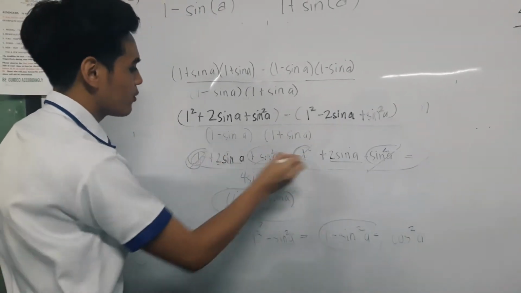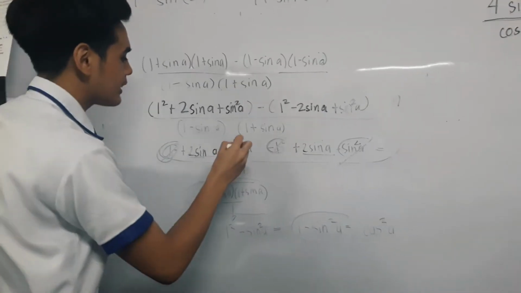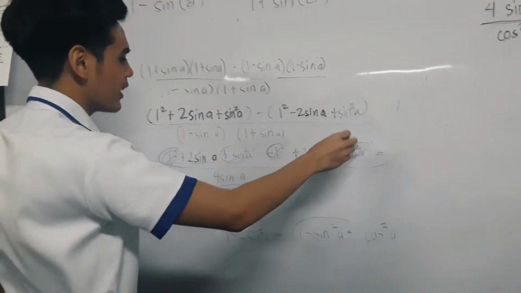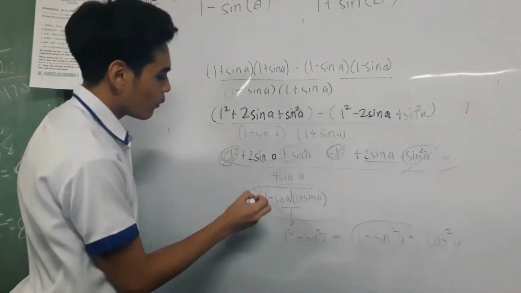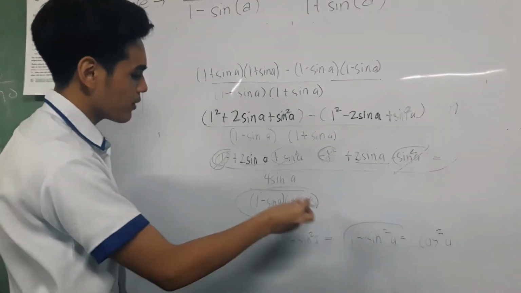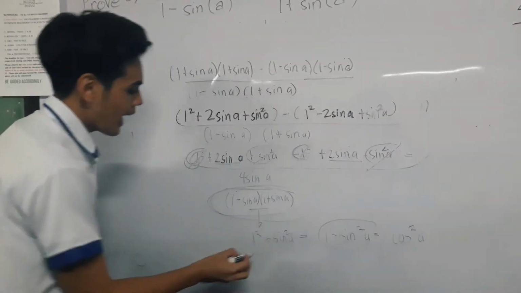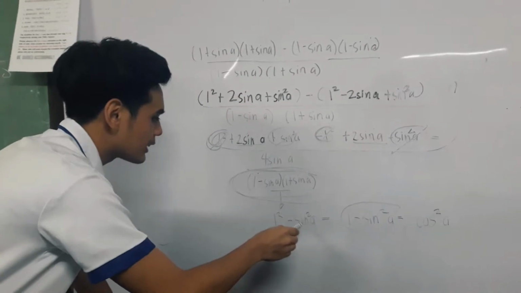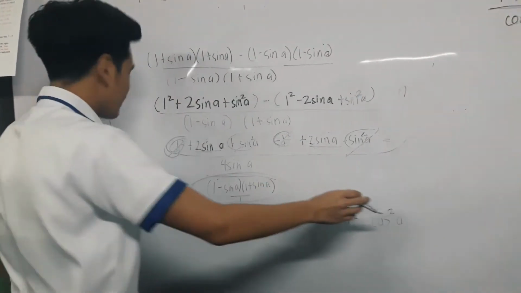So 0, 0, 2 sine A plus 2 sine A, so that's 4 sine A, and sine squared A minus sine squared A is 0. So all we have left is 4 sine A over 1 minus sine A times 1 plus sine A. So if we simplify the LCD, we actually get 1 squared minus sine squared A, which is equal to 1 minus sine squared A, which is then equal to